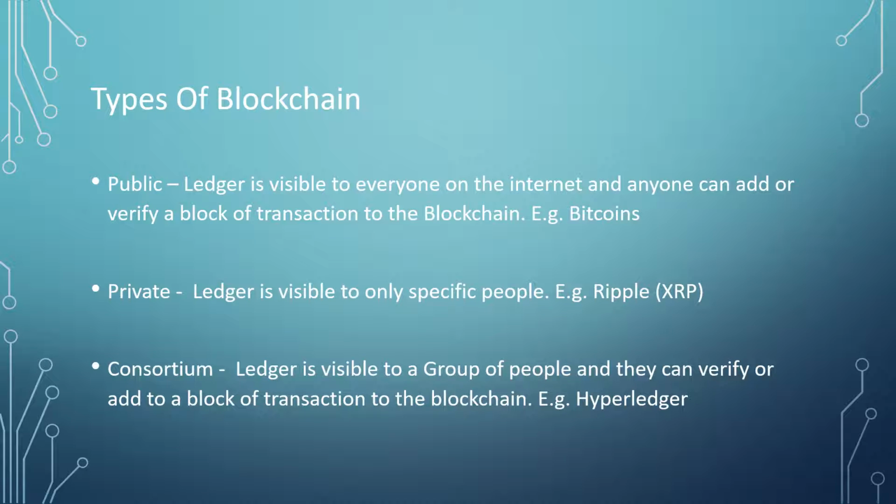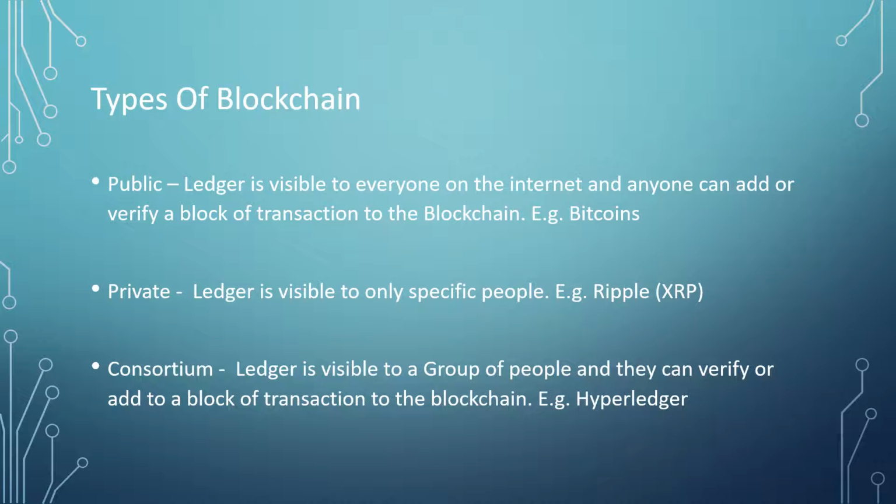For instance, if I become a part of a blockchain network, then I will have access to the entire ledger. I can view, read, and write data on the blockchain, exactly what happens in a Bitcoin system. The moment you join the Bitcoin system, you will have all the rights to add, verify, or validate a Bitcoin.